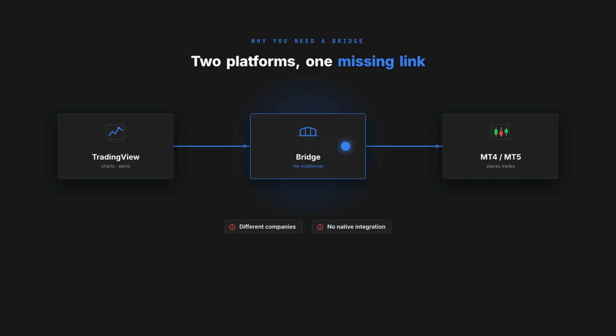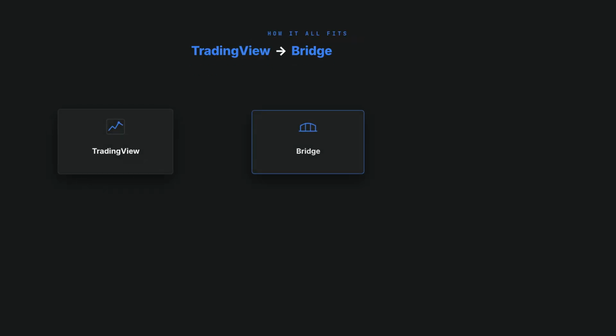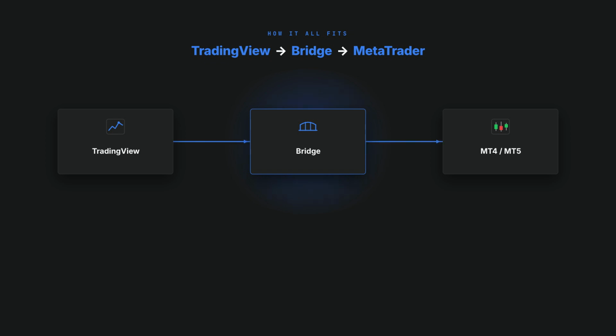Let's dive right in. Here's the basic idea before we get into clicking through menus. TradingView is where your charts, alerts, and strategies live, while MT4 or MT5 is what actually places trades with your broker. A bridge tool sits in between the two, listening for alerts from TradingView and instantly forwarding them to MetaTrader